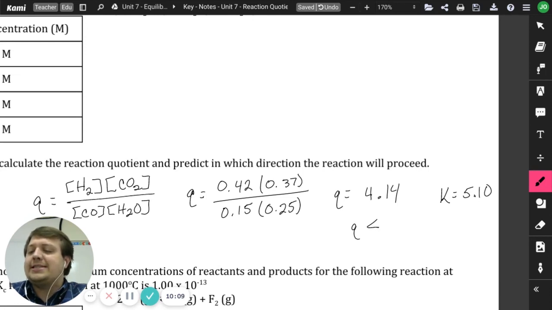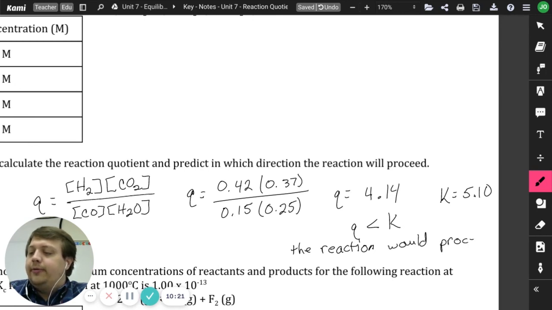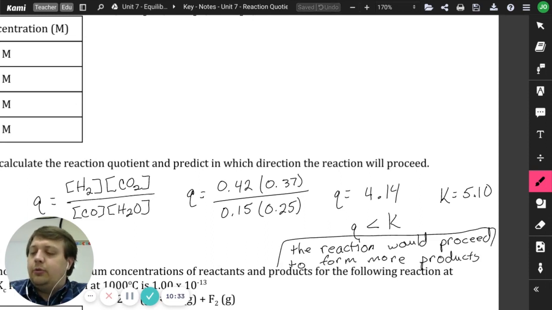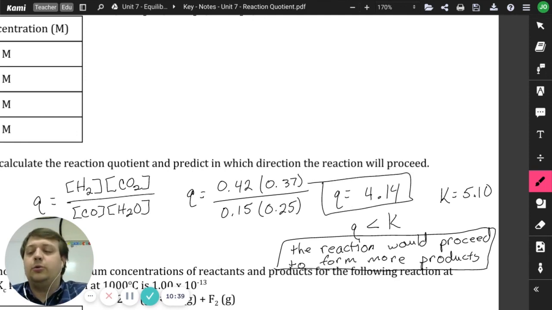So Q is less than K, so that tells me that the reaction would proceed to form more products. Again, we're trying to reach that equilibrium. So Q is this, that would be my reaction quotient. And my other answer for the direction is that it would proceed to form more products, which means it is proceeding to the right. Okay. So I want y'all to do that last one as practice,